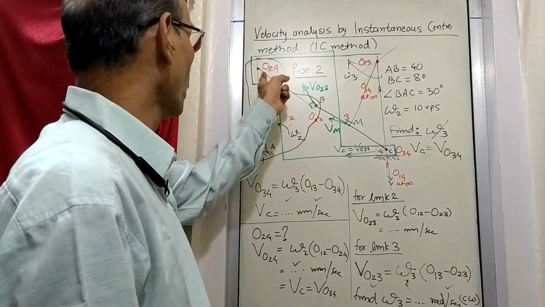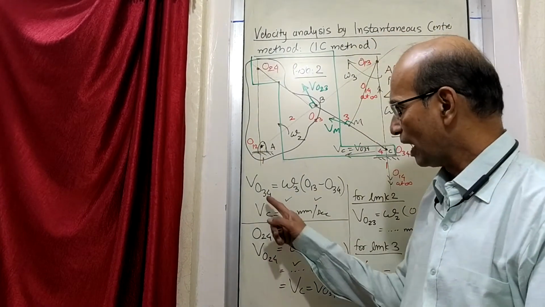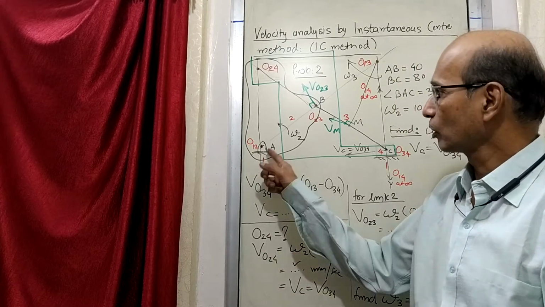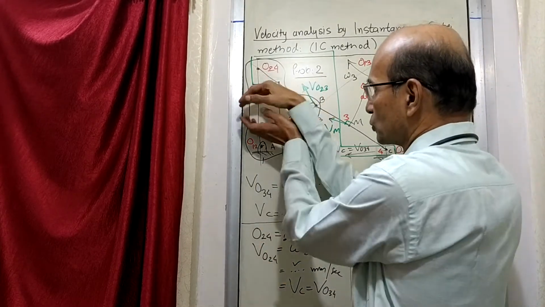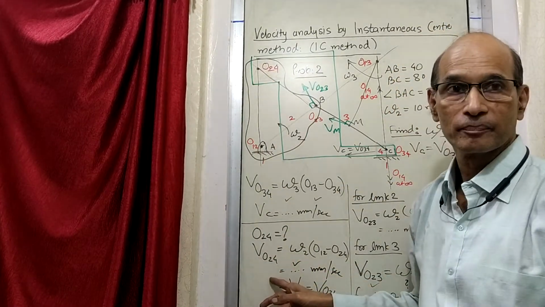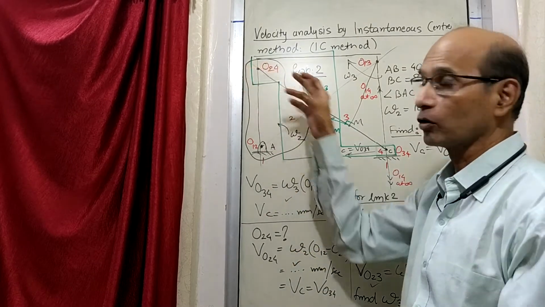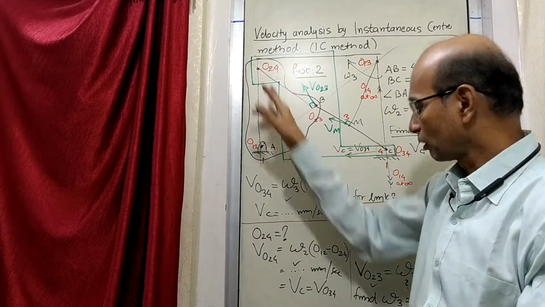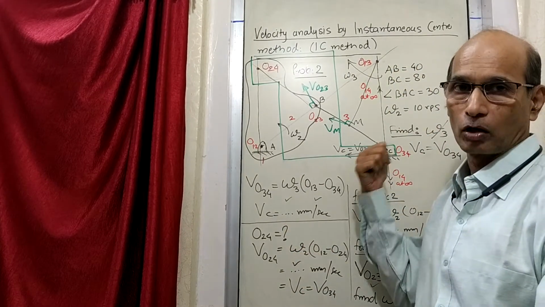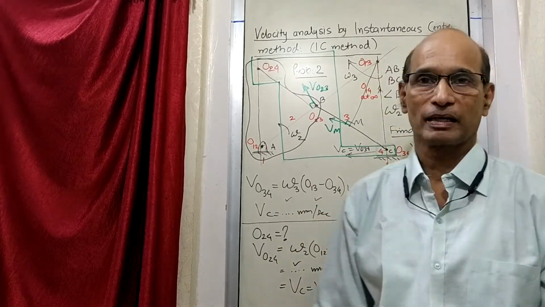So there is one such point O24, which is the instantaneous center, which belongs to link number 2 and link number 4. So right now we have made use of the fact that it belongs to link number 2. This link number 2 is rotating, and there is a point 24 whose velocity we have found out like this. And the answer whatever has come, now we say that this point 24 belongs to link number 4 also. Therefore whatever velocity we have found out, that is the velocity of O34 or the slider, and we have solved the problem just by this much, by the direct method.